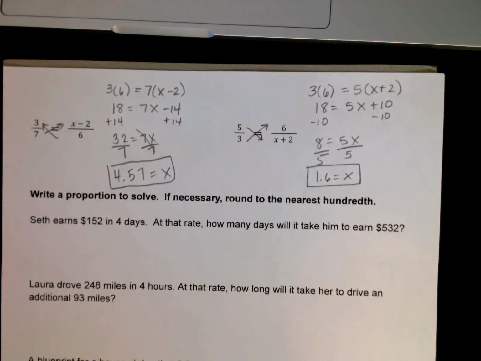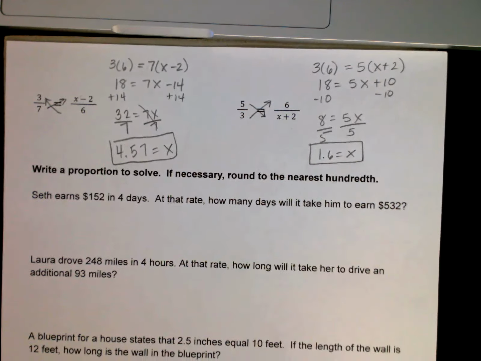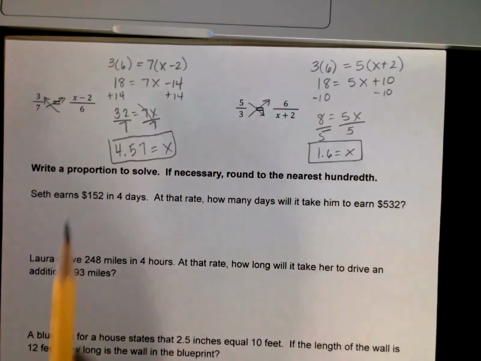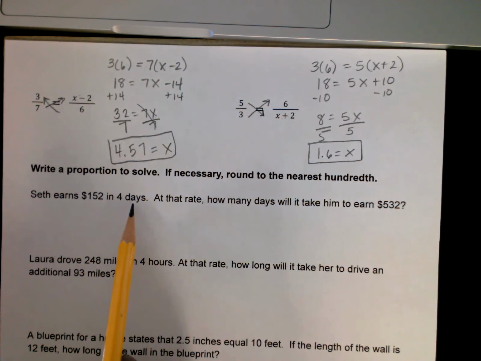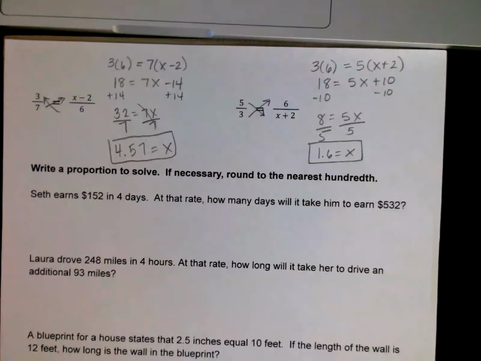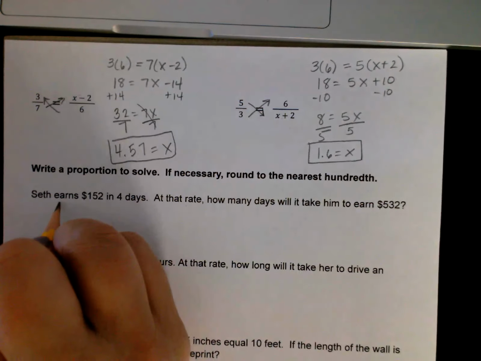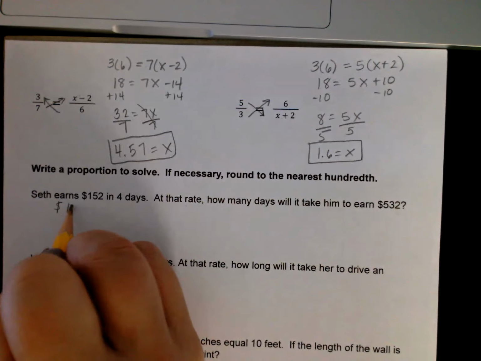Now we're going to do the same sort of math. We're just going to use story problems. Seth earned $152 in 4 days. At that rate, how many days will it take him to earn $532? There's a couple different ways of approaching this. We could find the unit rate, how much per day, and then calculate how long will it take. Or, following the proportions for thinking,